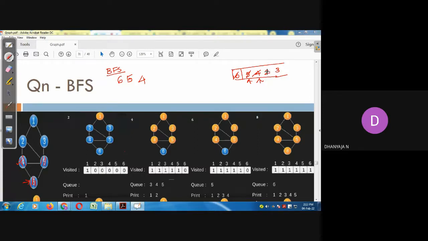So we are not inserting anything, right? Okay, now the next node is 2. Okay, I'll consider 2 will be deleted and it will be added in the BFS. I'll mark it as visited. Now